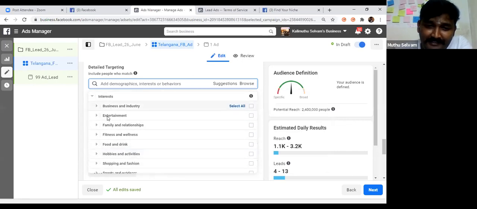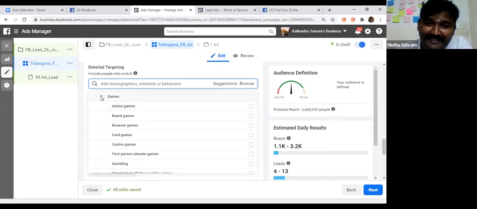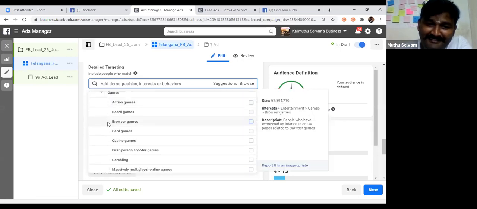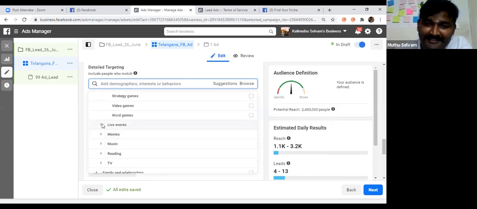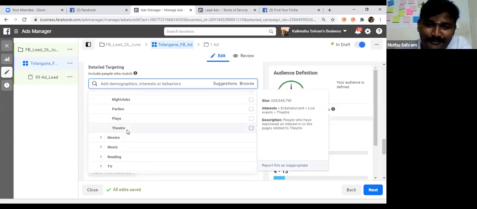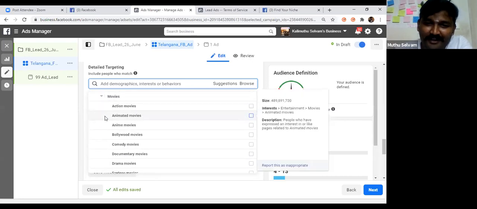Interest: you see here interest, entertainment, games. What kind of games people will be interested in, a lot of games are available. If your audience likes such kind of things, you can check it out. Movies: what kind of movies your audience will see, you can have a look.